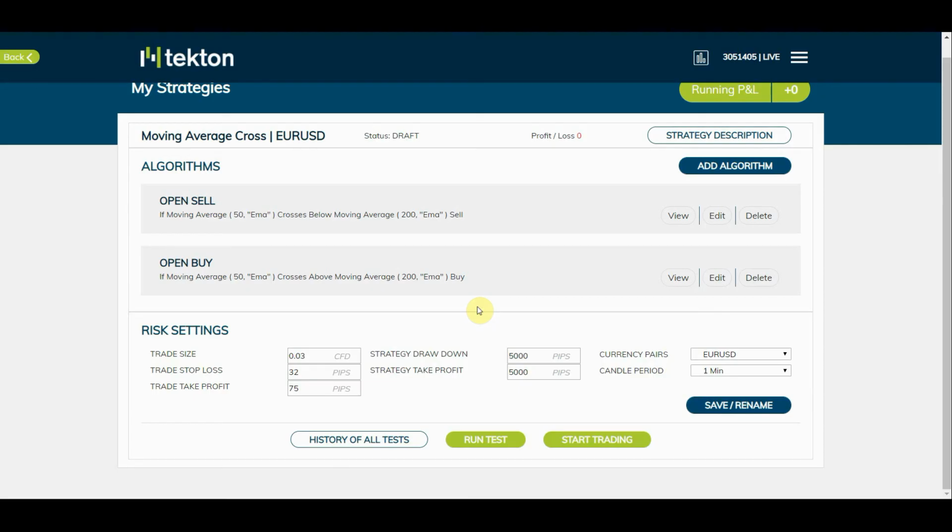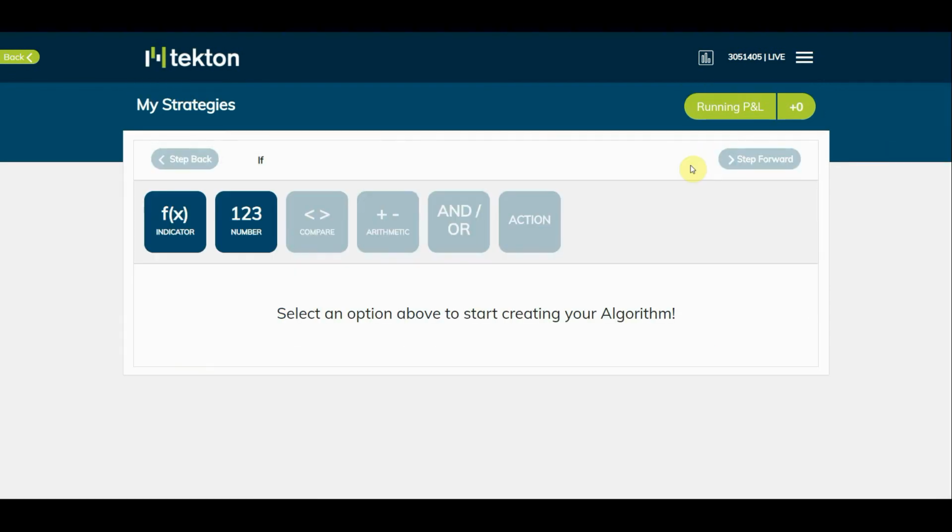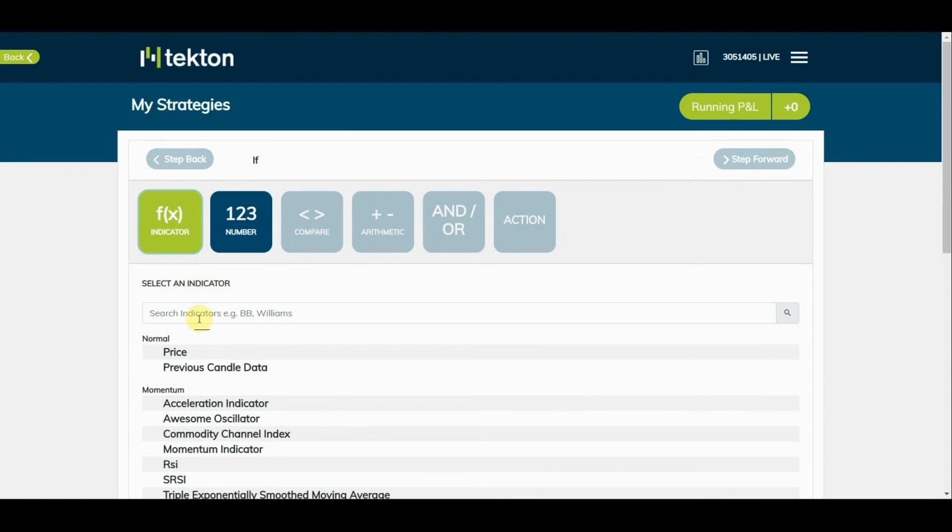Okay, so I've shown you now how to create algorithms using moving averages, and creating algorithms using other indicators or a combination of indicators is very simple. You just follow the onboard directions. If you want to use a moving average and a Bollinger Band, for example, you just type the moving average levels, and then instead of writing compare, you type and. Let me show you. So for example, you say if moving average